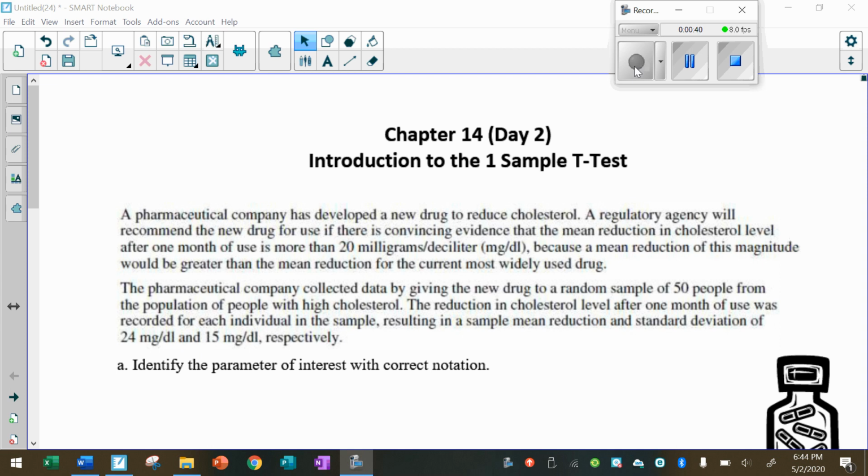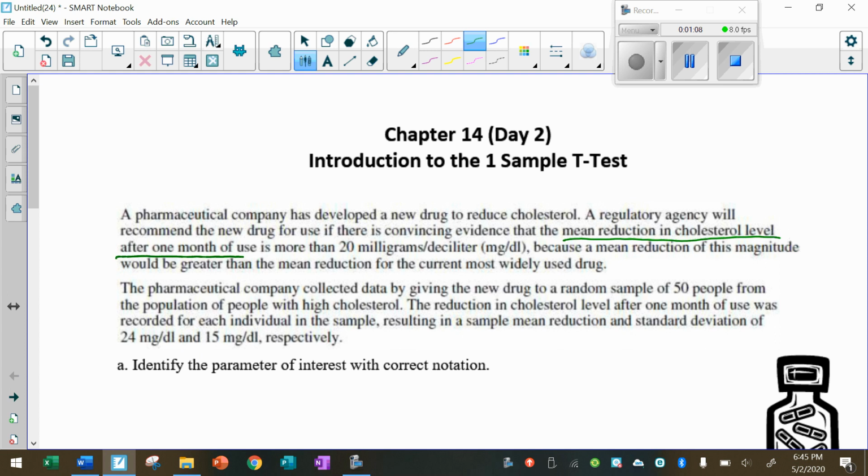A pharmaceutical company has developed a new drug to reduce cholesterol. A regulatory agency will recommend the new drug for use if there is convincing evidence that the mean reduction in cholesterol level after 1 month of use is more than 20 milligrams per deciliter. All right, I'm going to underline something right here, and I'm going to explain why in just a second. The mean reduction in cholesterol level after 1 month of use. Okay, because a mean reduction of this magnitude would be greater than the mean reduction for the current most widely